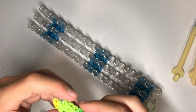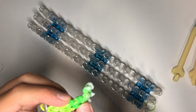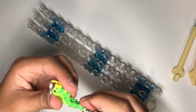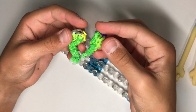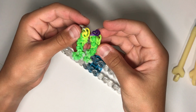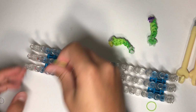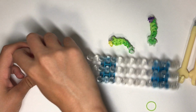Okay, so now this is the front leg, so I'm gonna go through that set and pull back to make the elbow. So it looks like that. Now you're gonna make a second, so they're mirrored. So to do that, so if I put a band right here,